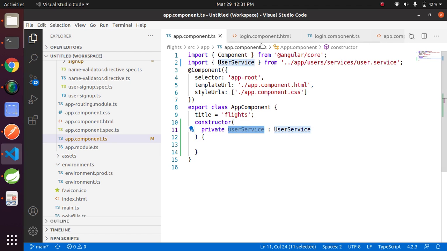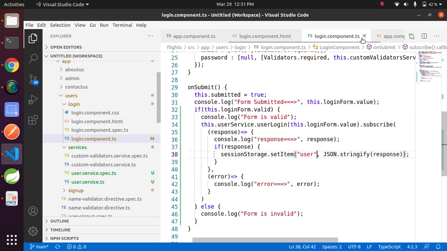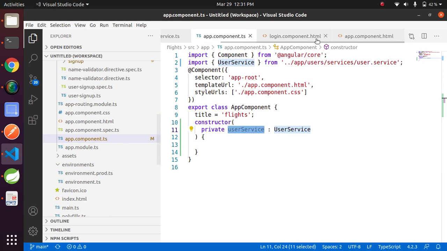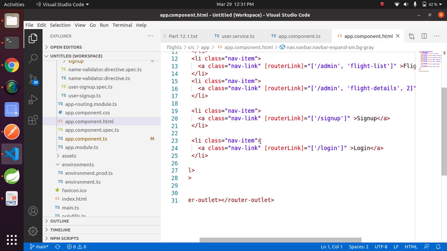Copy user service, move to this is login.